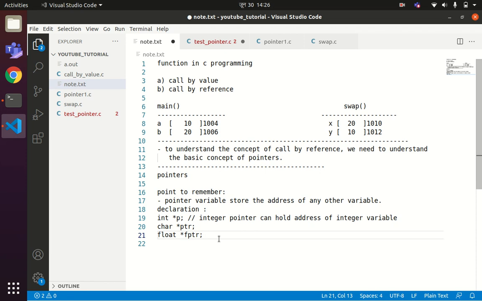Now, once we have understood the concept of pointers, we will use this concept to demonstrate call by reference. Since passing the values is not producing the desired result, we will pass the address now to a swap function.